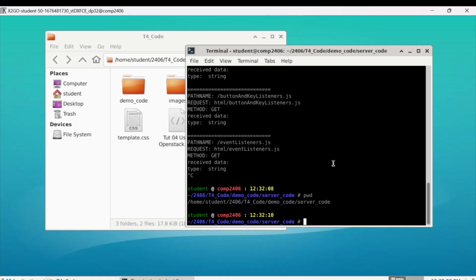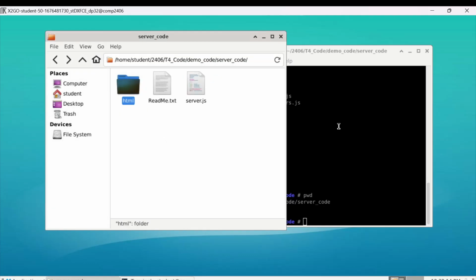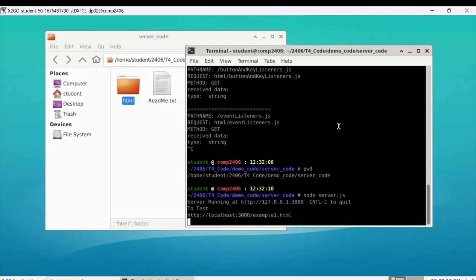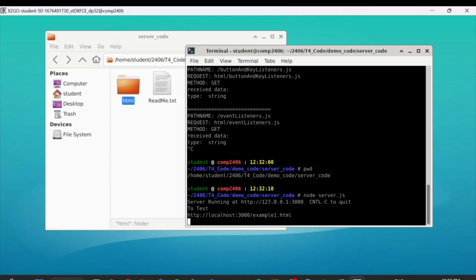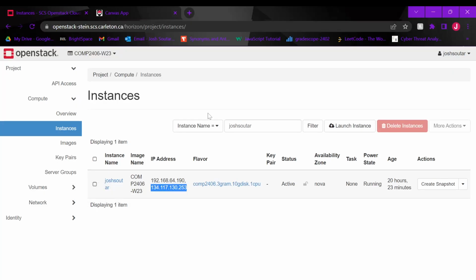So you make sure that you're in the right directory with the server, which is in server code, and then just like usual, you type in node server.js. With this, you can either test it in Google Chrome here, or because it's on OpenStack and not just your local machine, you can go to a quote-unquote different computer,